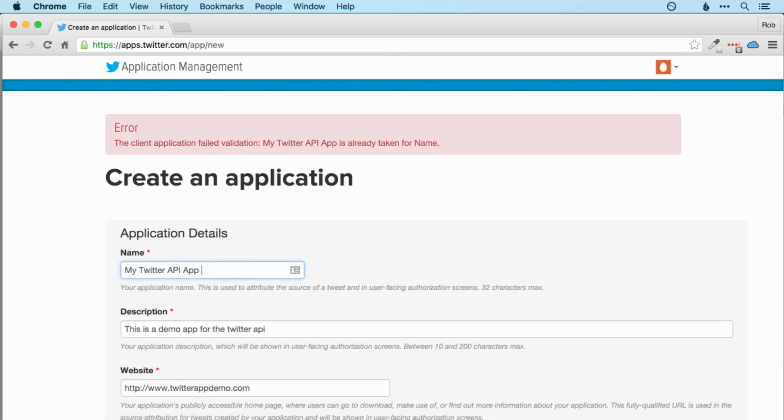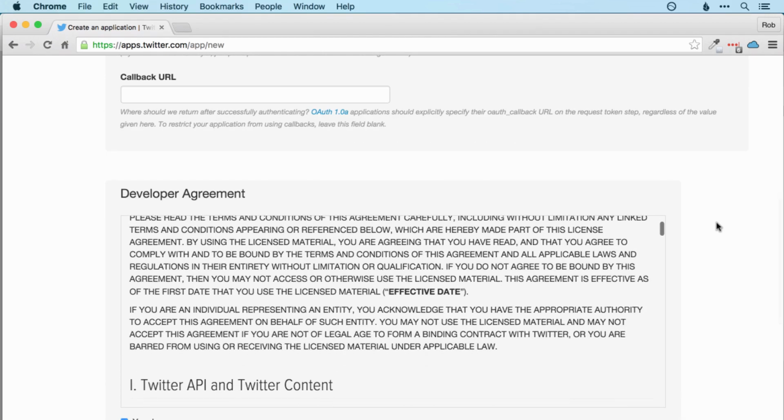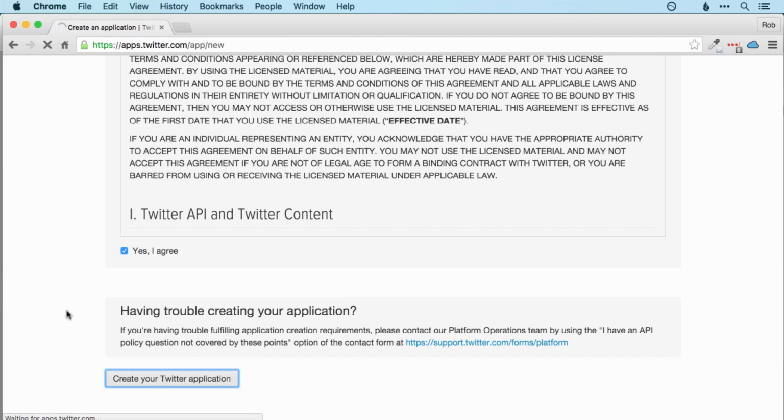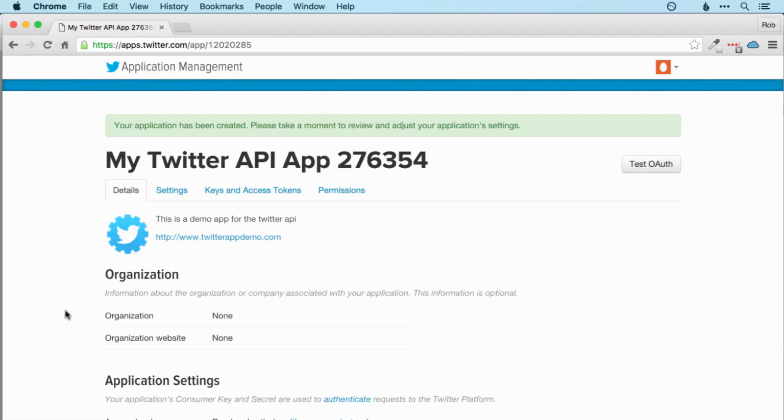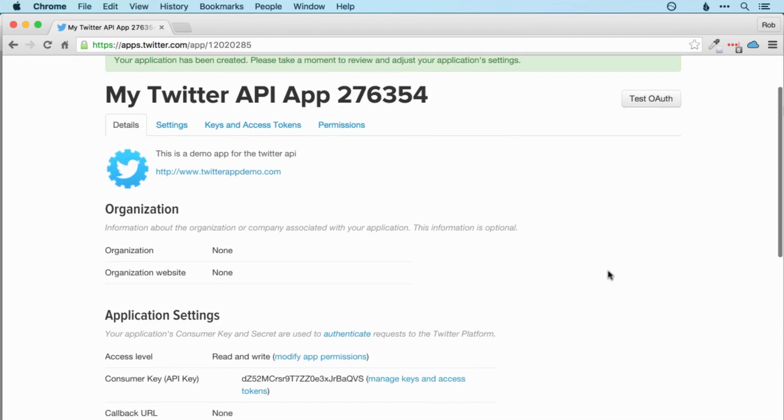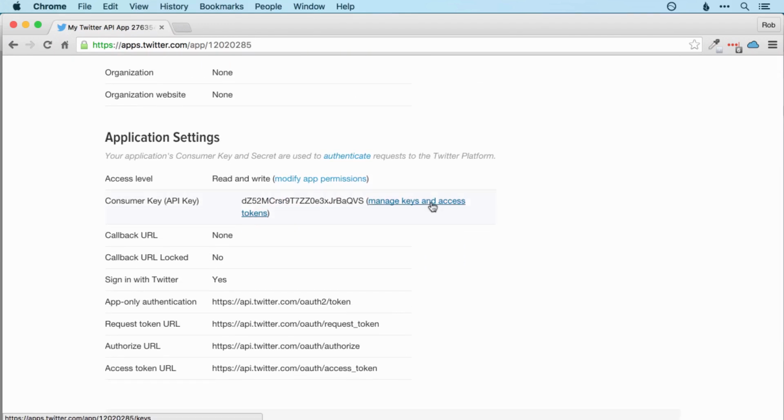Oh, we're getting very close. Just need to put in, I'll just put a random number at the end of that. And then we'll try again, and we've got it. All right. And the main thing we're interested in here are our keys. So if we click Manage Keys and Access Tokens,